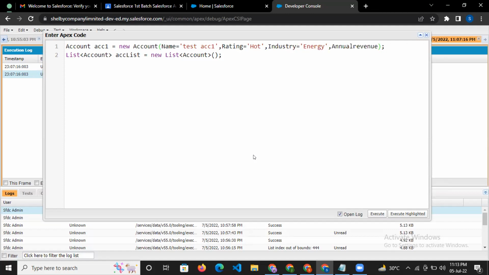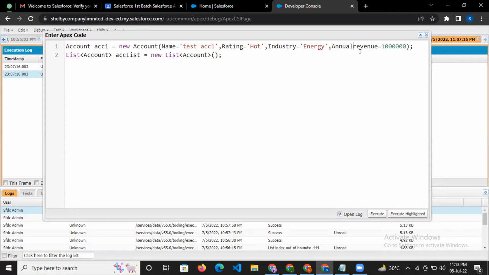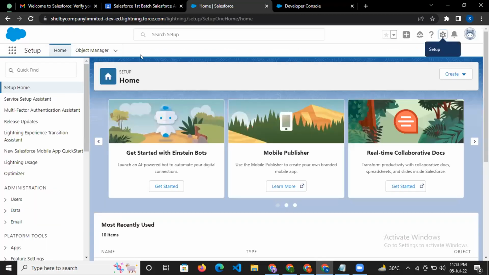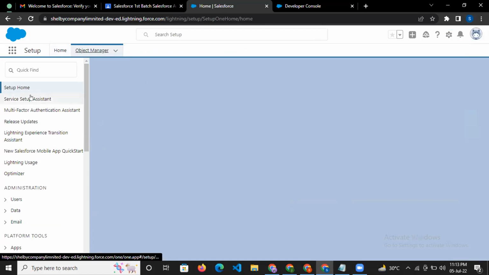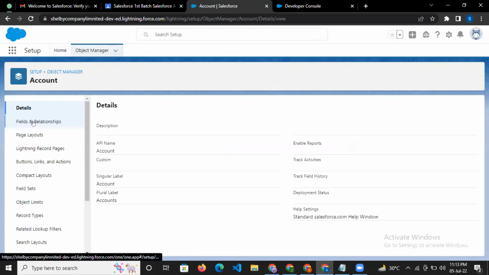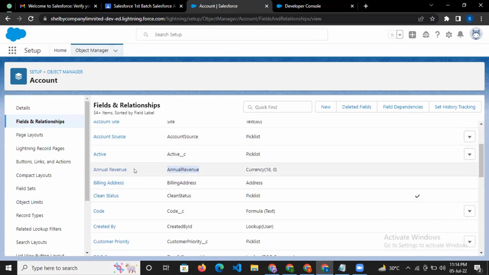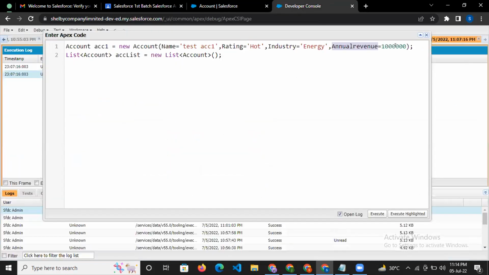Annual revenue 1 million. One thing I said, this has to be the field API name, so you cannot write it like this. It will give you an error: unexpected token, because you have given space between annual revenue. It has to be a field API name. And how can you track your field API name? From the object manager, go to that particular object, and in the object fields and relationships, from there you can easily track down the field API name. So always use annual revenue, not the field label. Be careful whatever you are writing here. So this is a single account, and this way I am adding